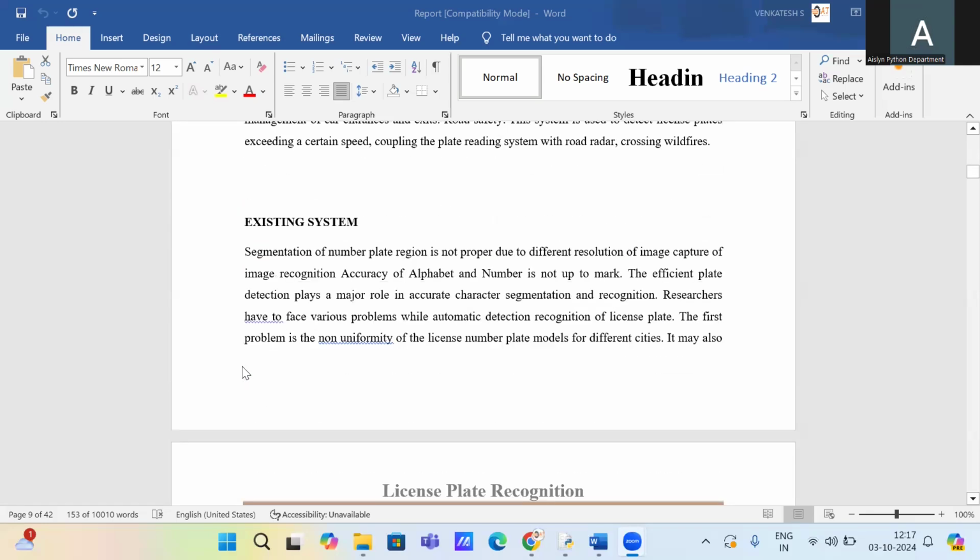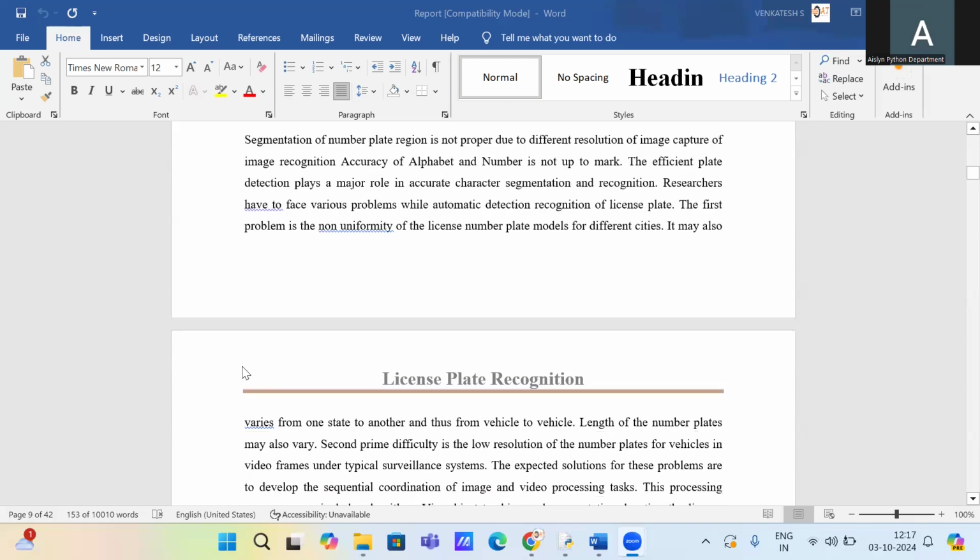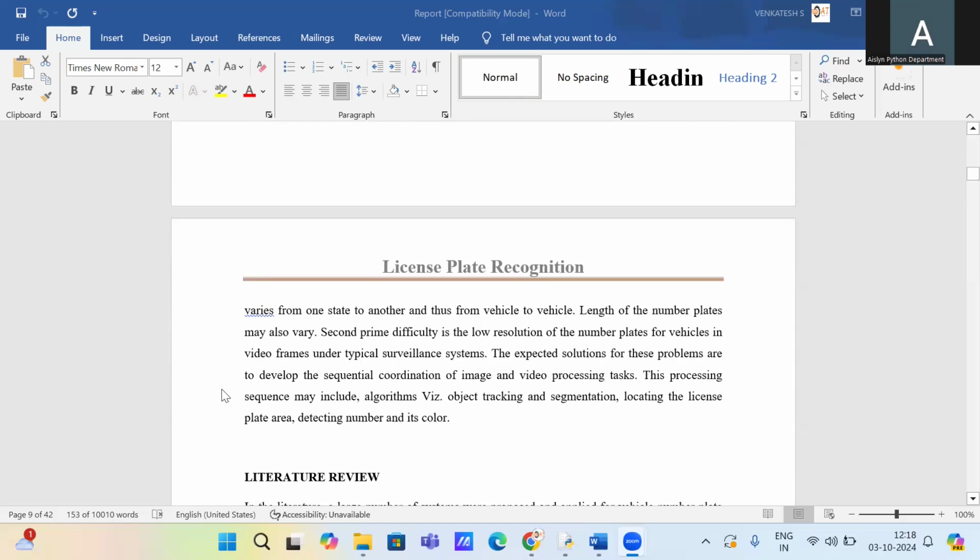In the existing system, the segmentation and recognition of license plates are crucial challenges in license plate recognition systems due to various factors. One issue is inconsistency in license plate formats, which differ between cities, states, and vehicles. Another major challenge is the low resolution of license plates in video frames captured by typical surveillance systems. This issue makes it difficult to accurately segment the number plate area and recognize characters, particularly when dealing with varying